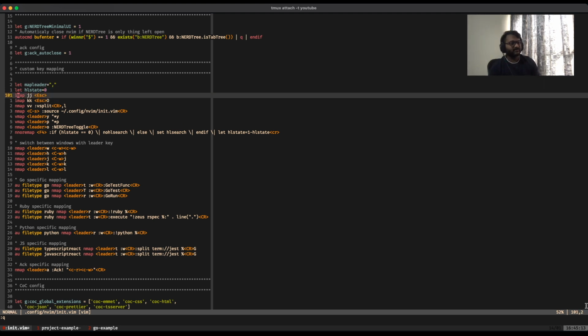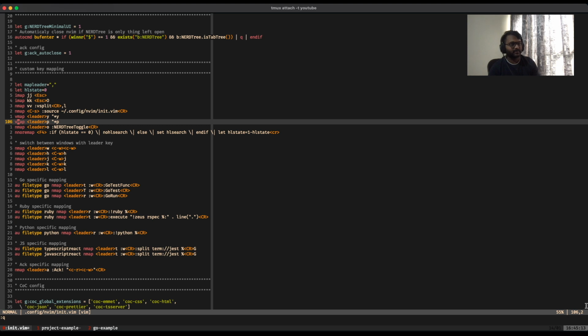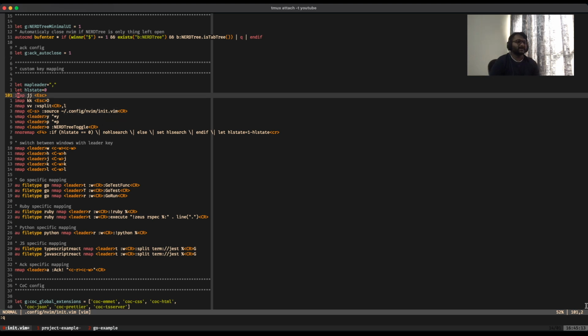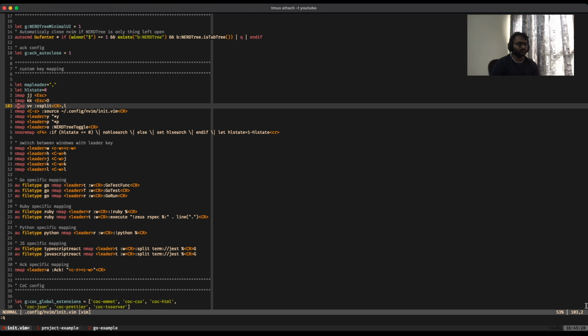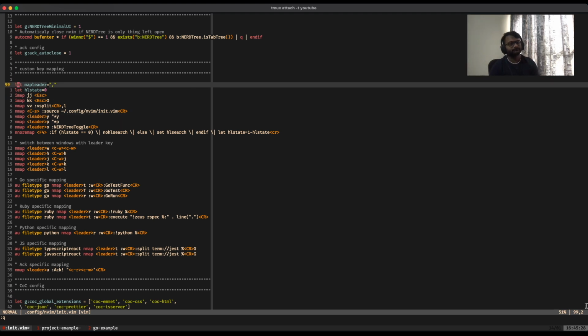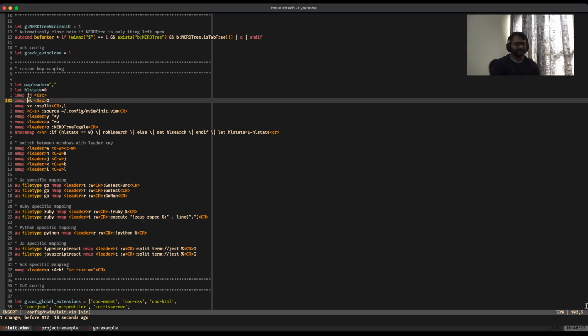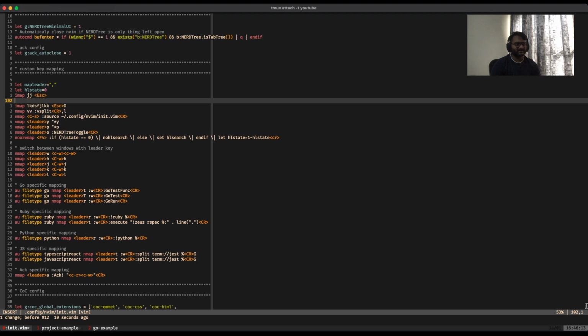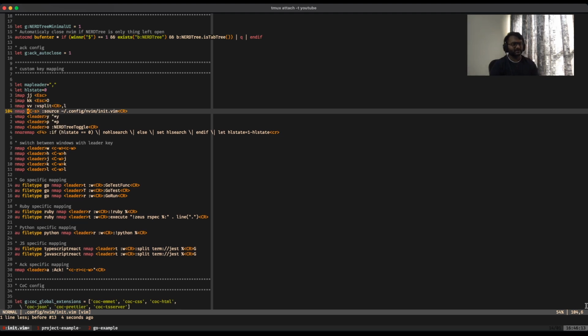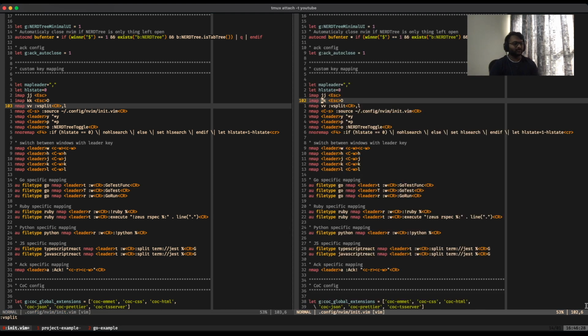Then as you can see here, there is IMAP, NMAP, and VMAP. IMAP is key mapping for insert mode, NMAP is key mapping for normal mode, and VMAP is for visual mode. What I've done here is I've mapped JJ to the escape key. This works in insert mode. So let's say I'm typing something. When I hit JJ, it automatically goes to normal mode, instead of reaching for the escape key all the way in the corner of the keyboard. This is something similar, just that when I'm on a line and I'm typing something, I press KK, it'll go to the previous line. That's pretty much all that does. VV opens a new buffer with a vertical split.